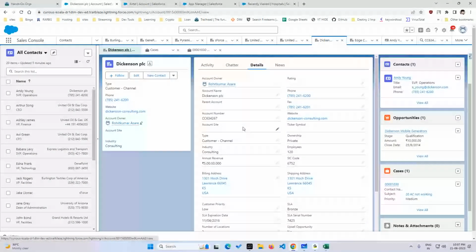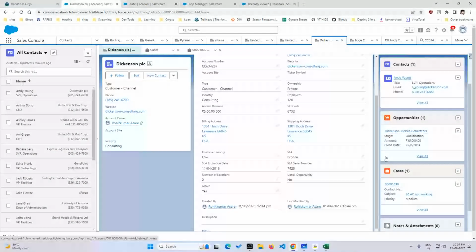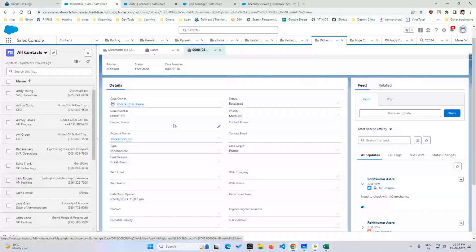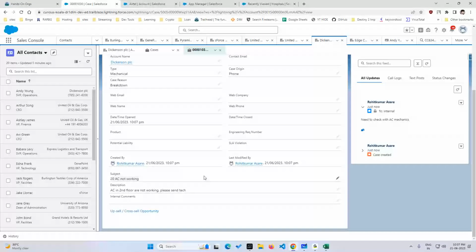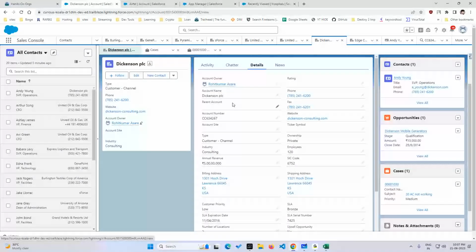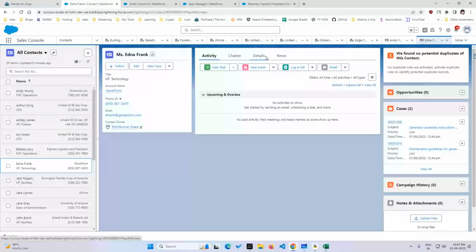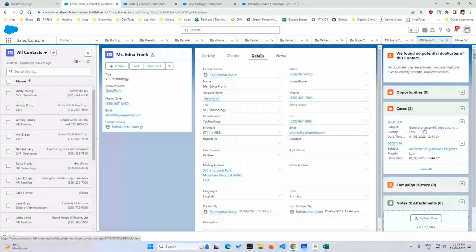और तो अभी क्या होगा यहाँ पे कि इसको ये सब डेटा एक साथ, एक ही विंडो पे सब डेटा देखना है, ठीक है? अभी यहाँ पे ओपन करता है, इसका केस ओपन होगा, केस में क्या लिखा है कि ये एसी अब काम नहीं कर रहा, तो एक ही जगह पे इसको सब दिखना चाहिए। अभी ये तो एक इशू होगा इसका डिकिंसन का। एडना फ्रैंक ये भी बंदा है, ठीक है? इसका भी देखना पड़ेगा कि इसका क्या प्रॉब्लम है। इसका देखो यहाँ पे जनरेटर असेंबली इंस्ट्रक्शन मेंटेनेंस गाइडलाइंस,